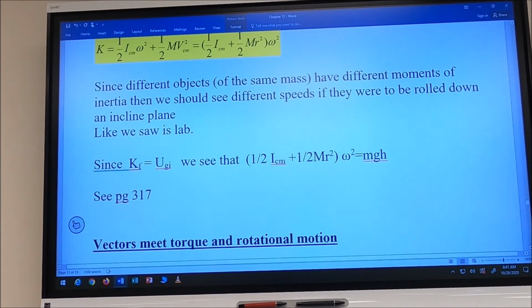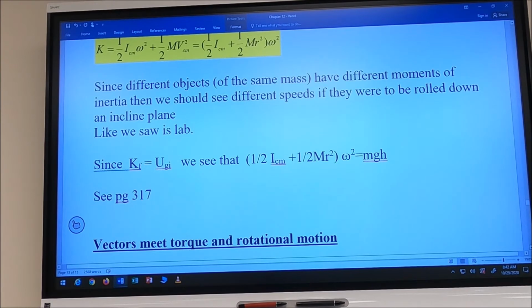Now, we know that the velocity of the center of mass can be thought of as omega times r. So it turns out that the kinetic energy is 1/2 I_cm plus 1/2 m r squared, times omega squared. So one of the things this tells us is that when we're rolling objects, the moment of inertia of the object is going to affect the kinetic energy of the object and the angular speed of the object,